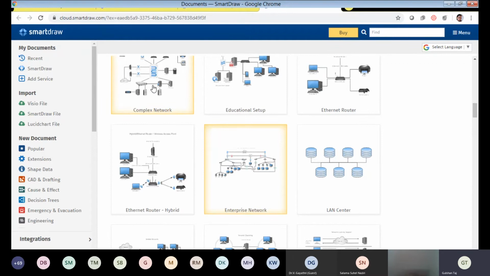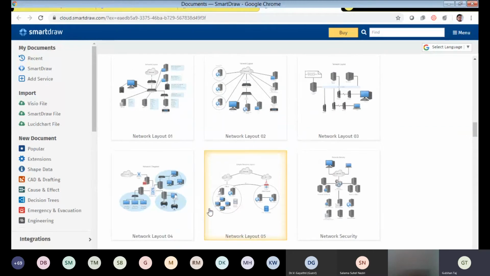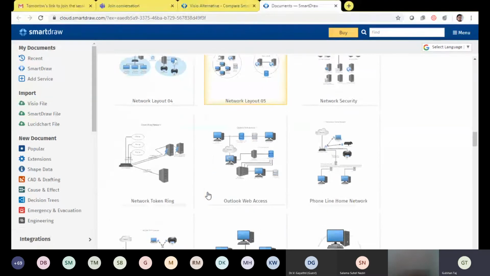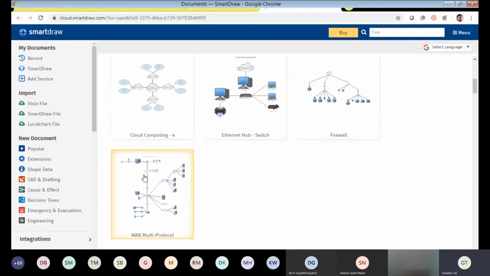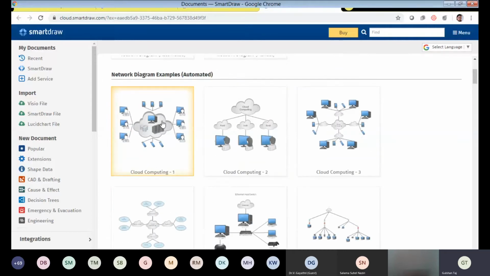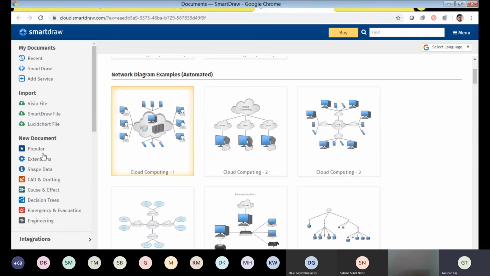Okay, so I want to go for some form. I am showing only the demo part. I do not know what is your area and what is your field. So according to your field, you people have to choose which type of diagram is best suited for you. So suppose I want to go with this. This is entirely network, so that's why many computer type of diagrams are coming. So I want to click this because that is more relevant for my work. If you feel that, you just click on that. Otherwise, there are many options.